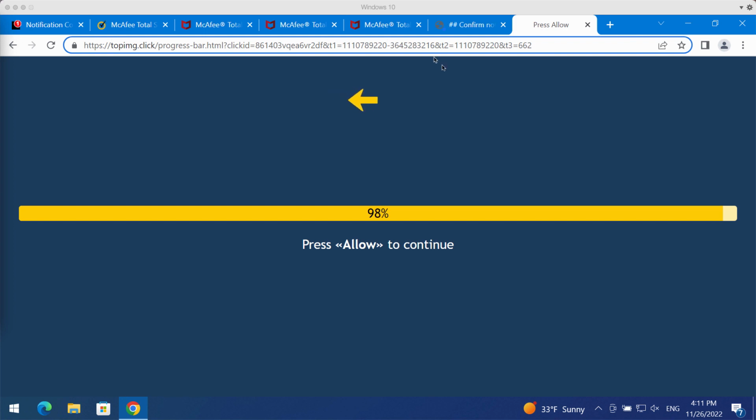users continue their browsing or to prove that they are humans, or for some other reasons. But believe me, it is a mistake to click on allow. If the allow button gets mistakenly clicked, your browser will be hijacked and infected with numerous advertisements that will be